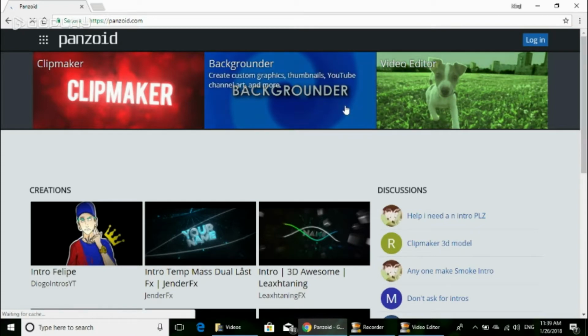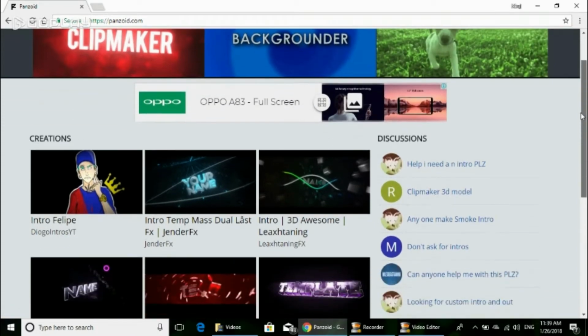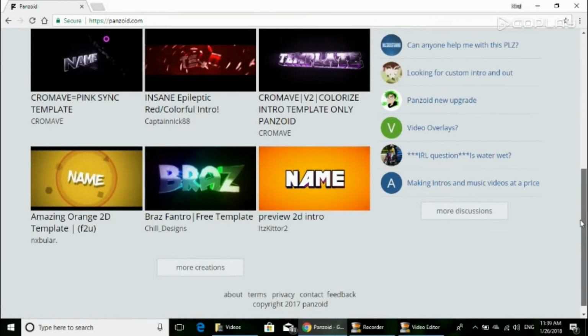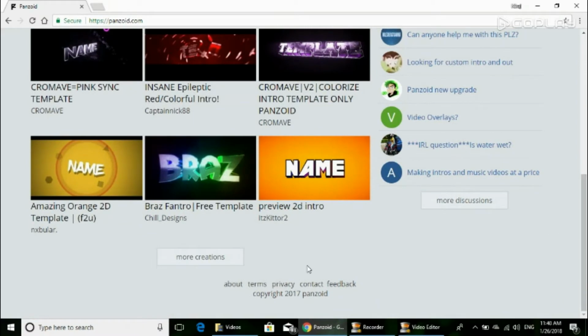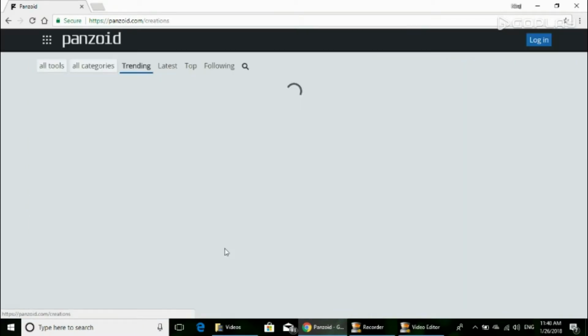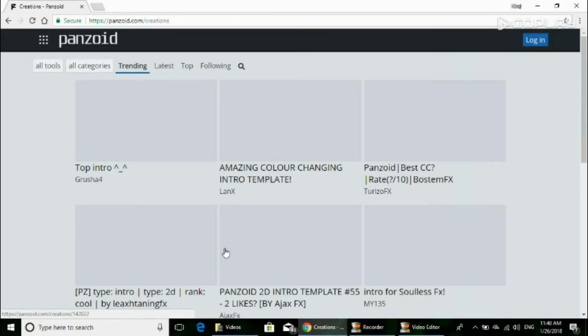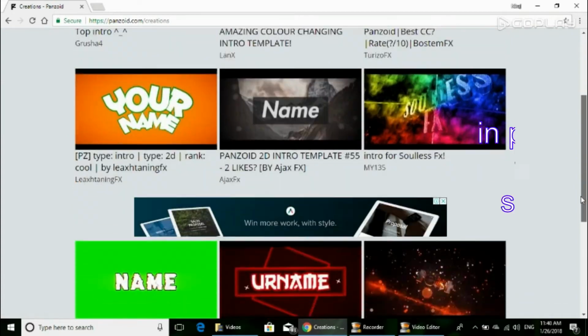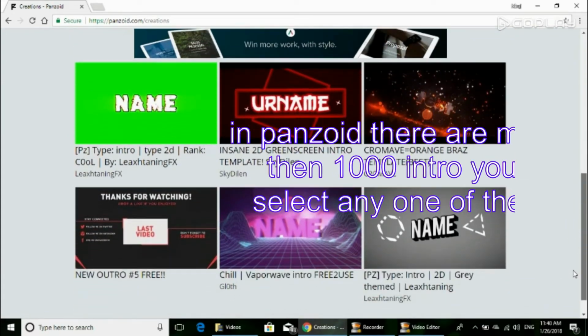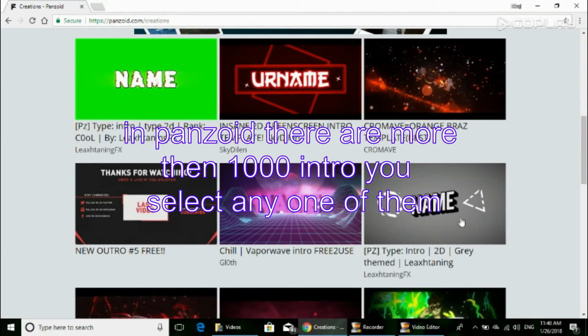As you can see, here are the clip art, background or the video editor. It is mostly used to make a clip art, and as you can see here are many of the clip arts, and you can go to more creations also. Let's select the more creations and find what I like. As you enter in the more creations, as you can see up here are more and more creations. So guys, I will take any of them. So I will select this one,